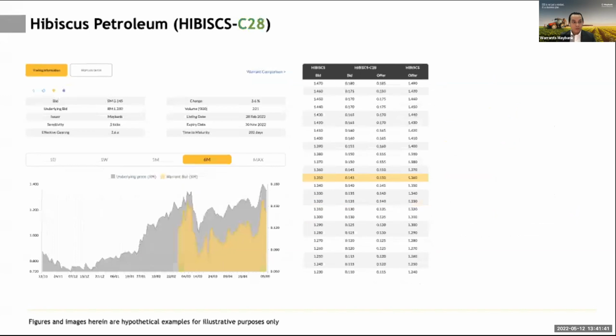Okay, so another thing to note is when the share price of the underlying has run up quite a bit, and the warrant has become very deep in the money or very deep out of the money. In this case, given that the underlying price has already gone up quite a bit, as you can see being marked by the number 6,